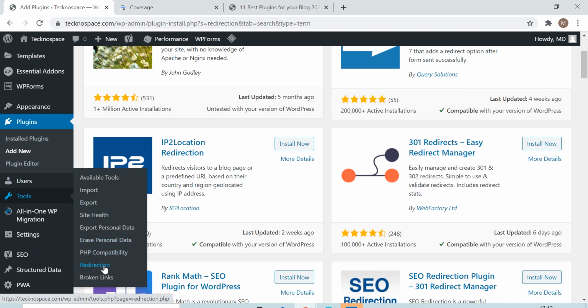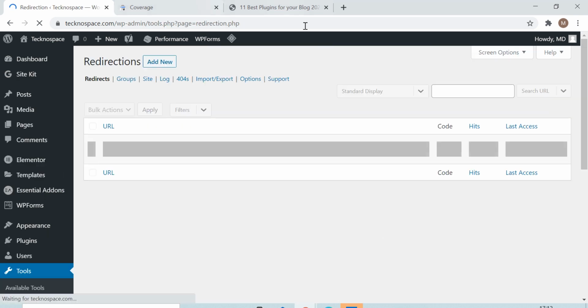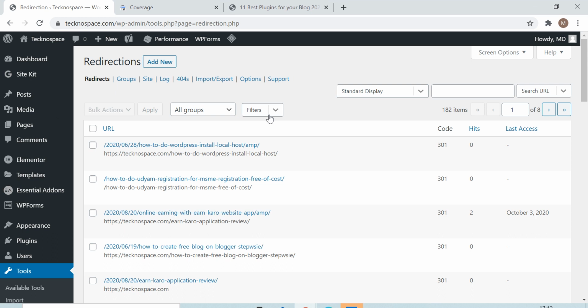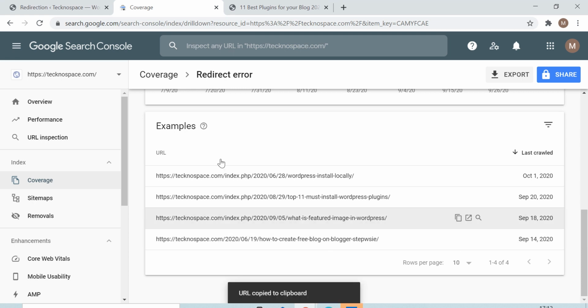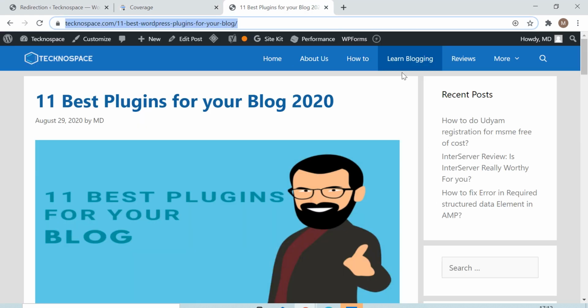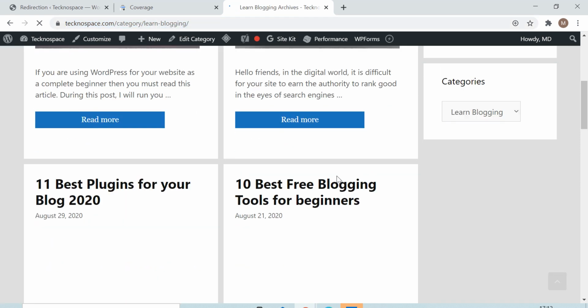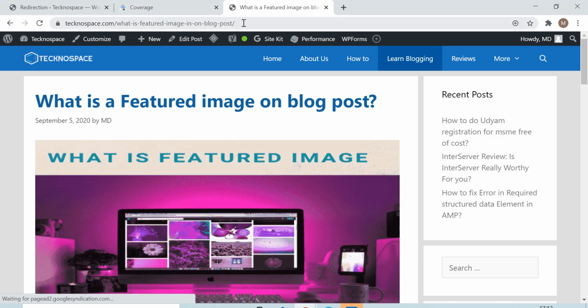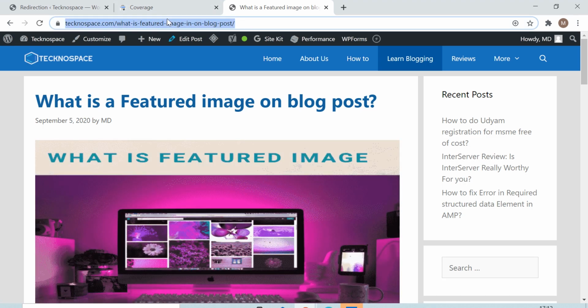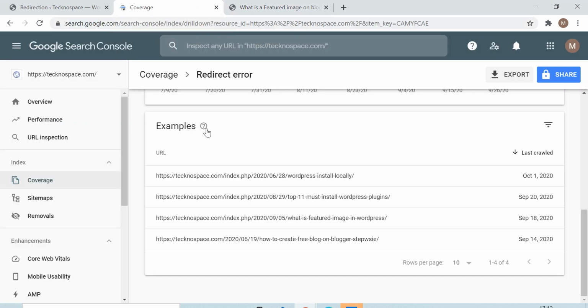See, now I will go to redirection, click on it, and I've already added 2 URLs which are broken or possibly showing 404 error. So here you will see the add new option. I will go to my Google Search Console, copy the URL of the broken link, go back here and see which post it is redirecting to. In case you have removed that URL and it is still there in your redirection, then you can simply put the home page URL. If you do not want that particular post to be visible, you can simply redirect it to your home page.